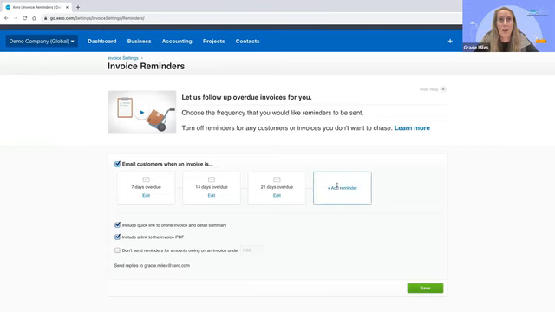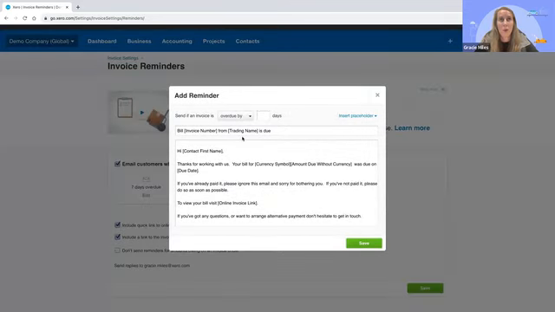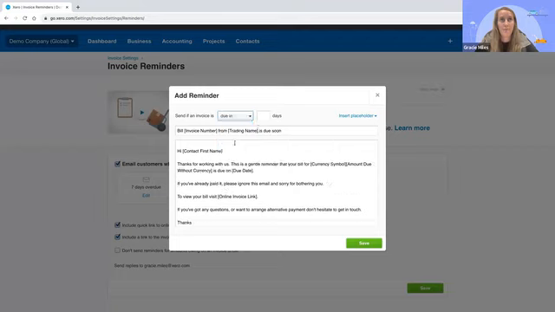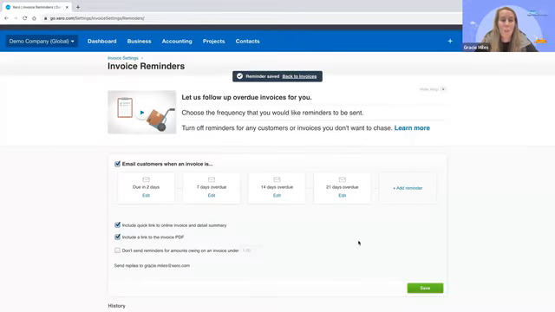So we can add a reminder, and I want to update it to due in, and I will select 2 days and click Save. Once the reminders are ready to go, you can go ahead and click Save again and forget. Now, I bet the next question you're probably thinking is, what about customers that you don't want to send